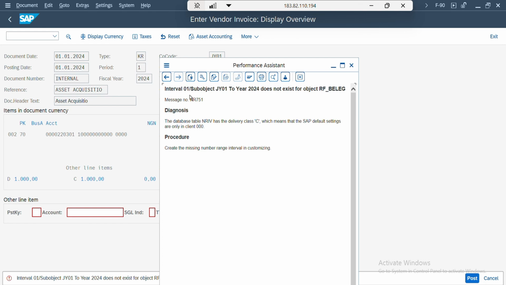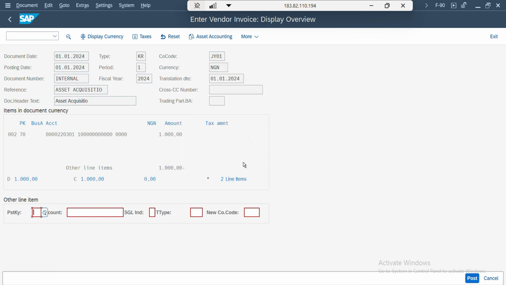So what this means is that we need to create the interval 01, the number range 01, in the system for the posting to be able to go through in 2024. So create a missing number range interval in customizing, right? That's what the system is telling us. So we'll close this error and quickly go ahead and create